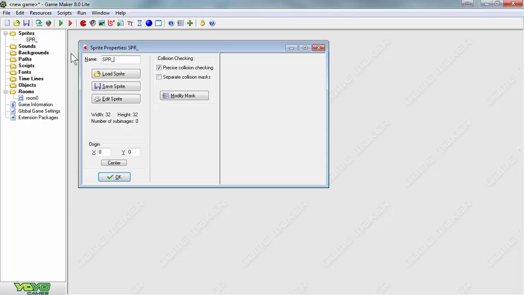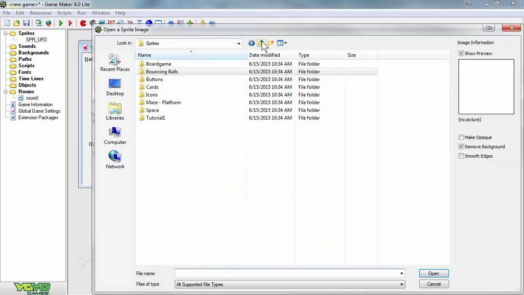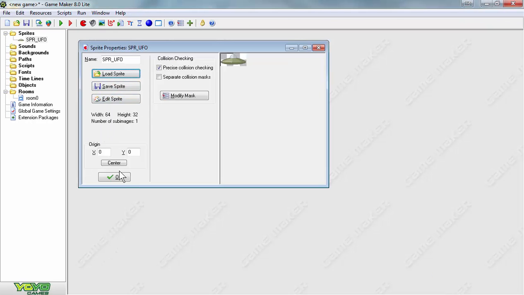SPR prefix, UFO, and we'll load the sprite from the sprites folder. You'll see our simple UFO over here. Press OK,